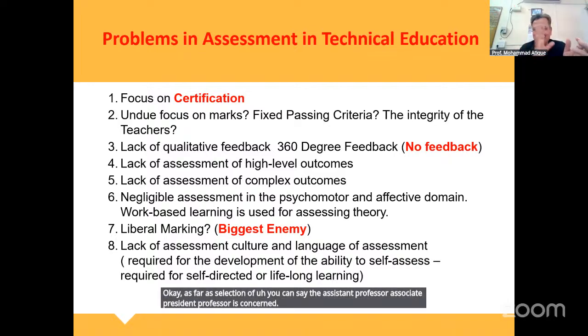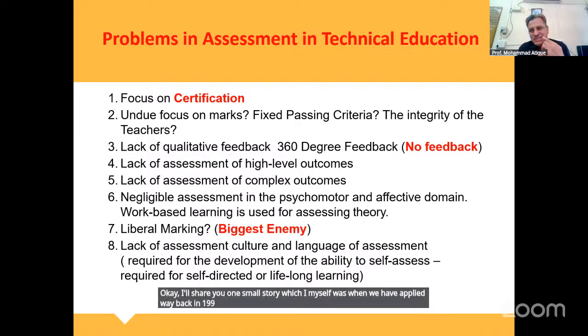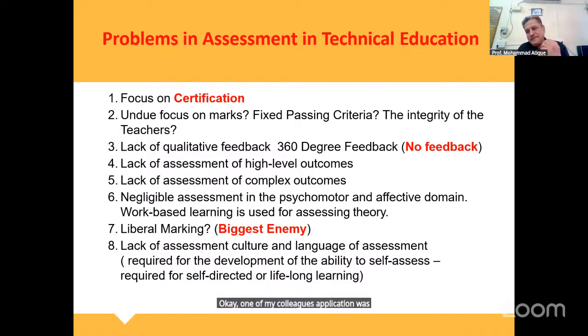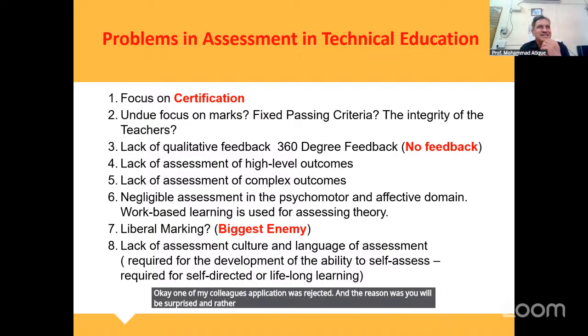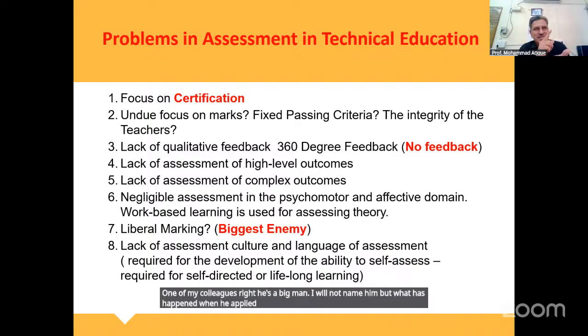I'll share one small story which I myself experienced. When we applied way back in 1990 to an MPSC advertisement, one of my colleagues' application was rejected. And the reason, you will be surprised and rather astonished to know. I applied for computer science, and my application was okay because my degree was computer science and engineering. One of my colleagues, a big man whom I will not name, applied when the advertisement was for